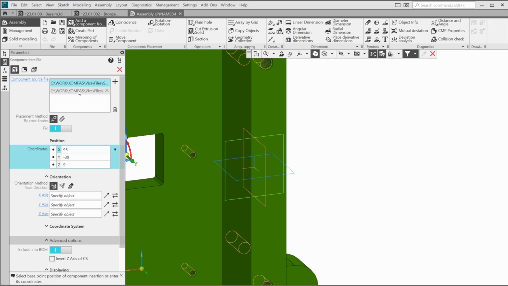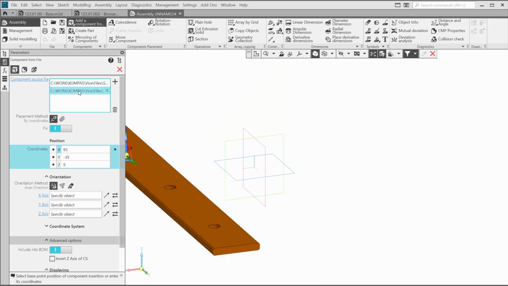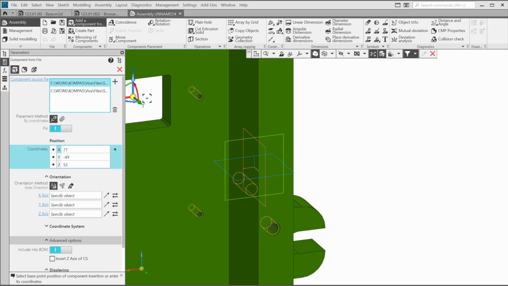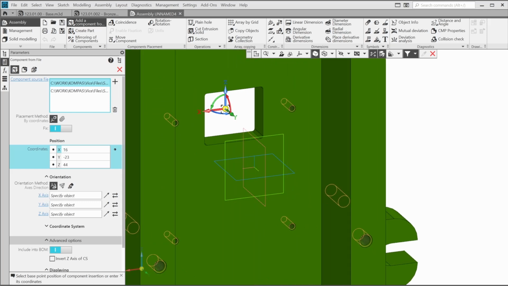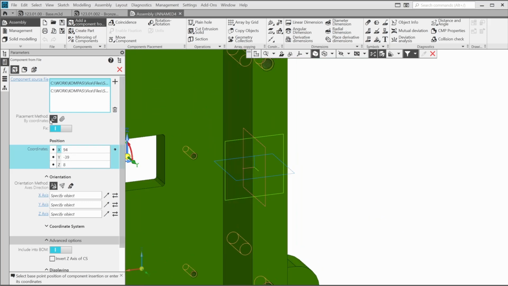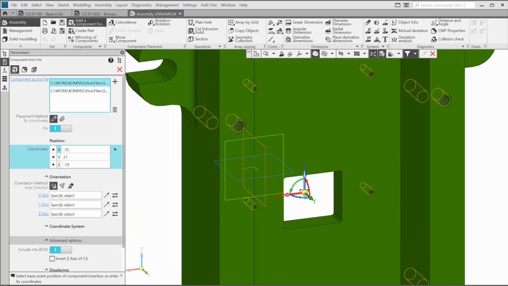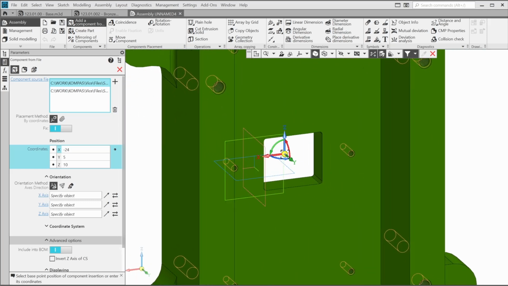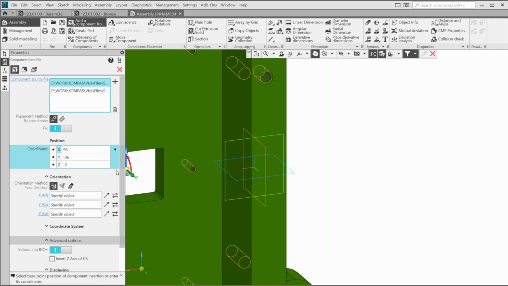The system adds both the parts, and you can select which one to place first. Let's start with the base. Compass offers 2 ways to place a part: by coordinates and by matings. The by coordinates method involves entering the coordinate values manually using the keyboard or pointing the model placement right in the graphic area.